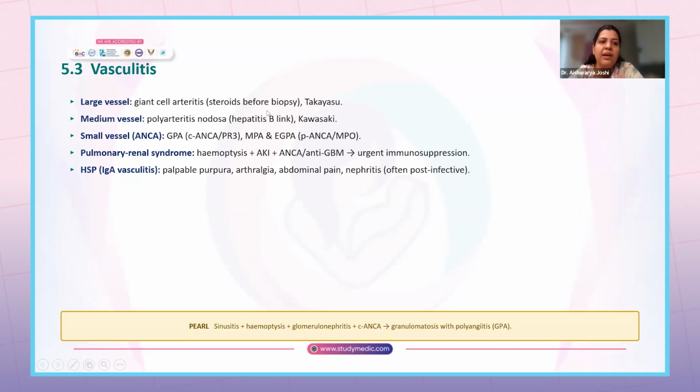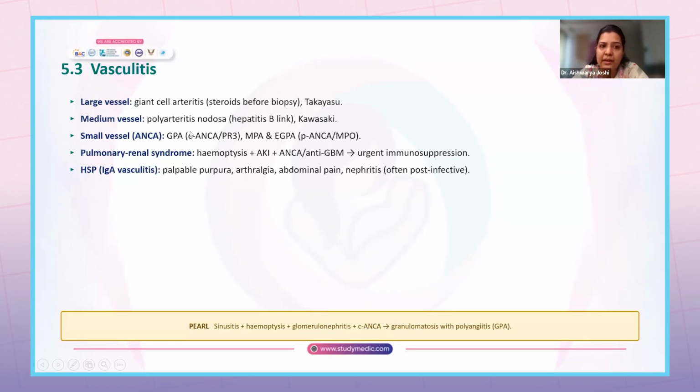Medium vessel vasculitis: polyarteritis nodosa, that is PAN, associated with hepatitis B, hepatitis C, as well as Kawasaki disease. This is seen in pediatrics, so that's expected in our exam. Small vessel vasculitis, ANCA, granulomatosis with polyangiitis,